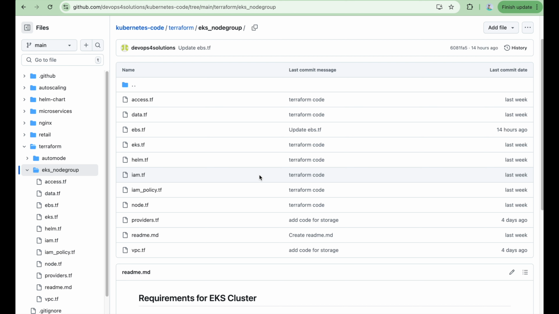Now we will explore the concept of storage in the EKS cluster. All your applications, or most of the applications, need persistent storage. So for your application, sometimes you need EBS volumes, you need EFS storage, some kind of storage you need for your application. So in this example, we will be exploring the EBS part.